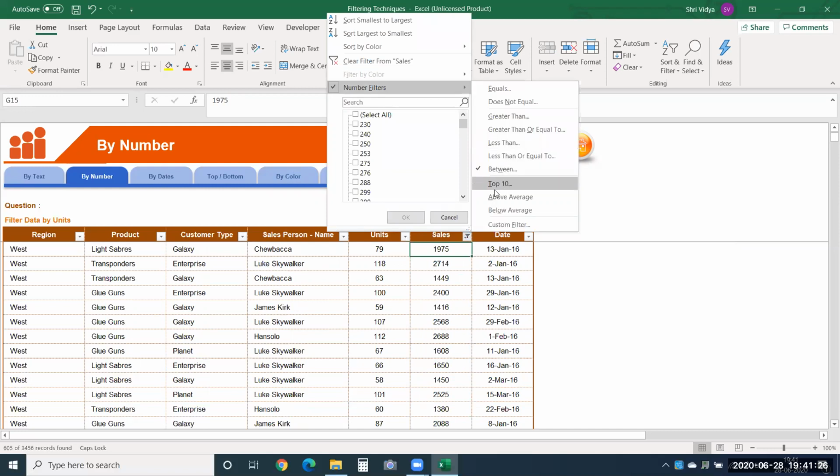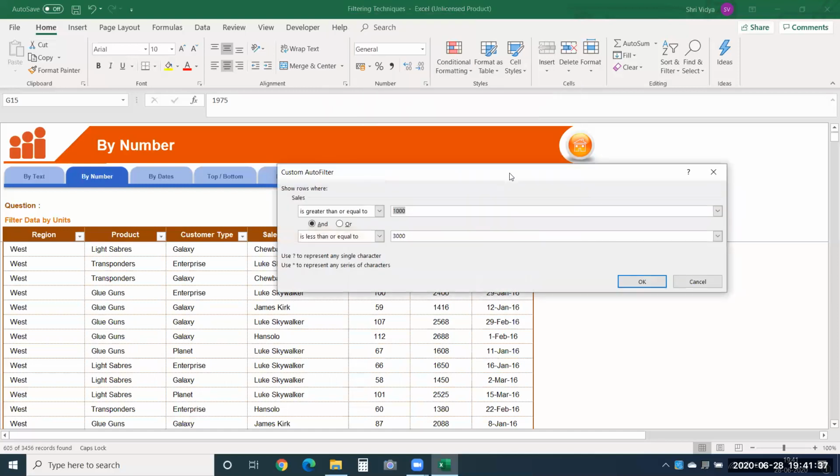Ma'am, just a second. When you are showing that between, can't it be like that it will be in both cases greater than, or it should be one greater than and one less than? It should be one greater than and one should be less than. Okay. How can it be both greater than? No, I'm telling, is greater than 1000 and is greater than 100. Okay, understood. It's all the same, no? Yeah. So that's how it works. Okay.